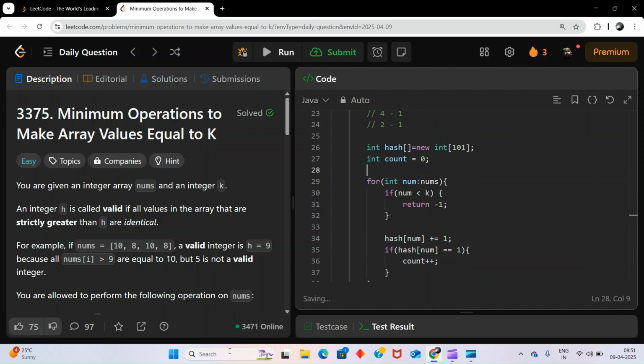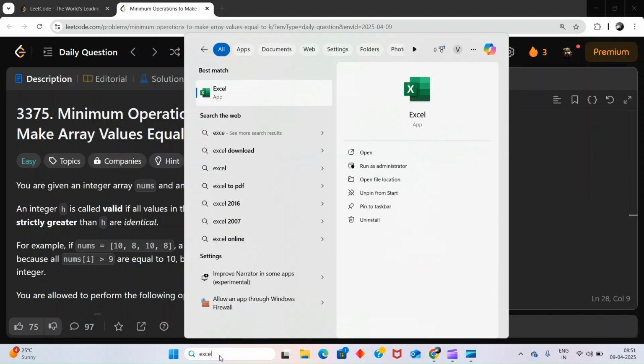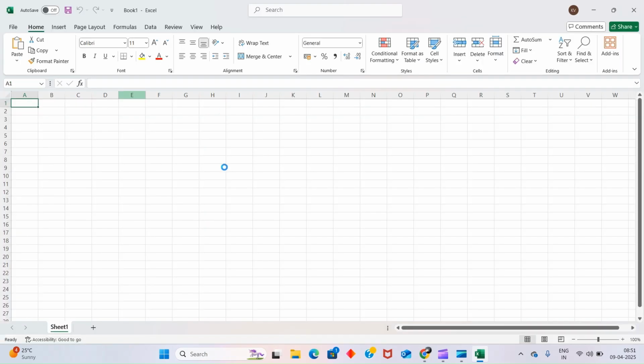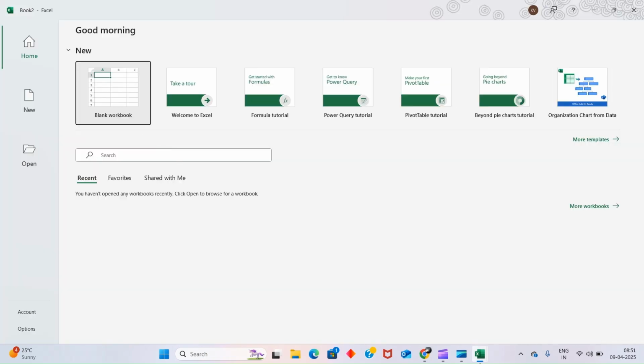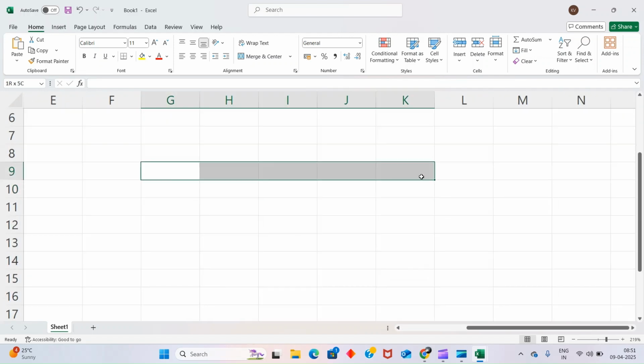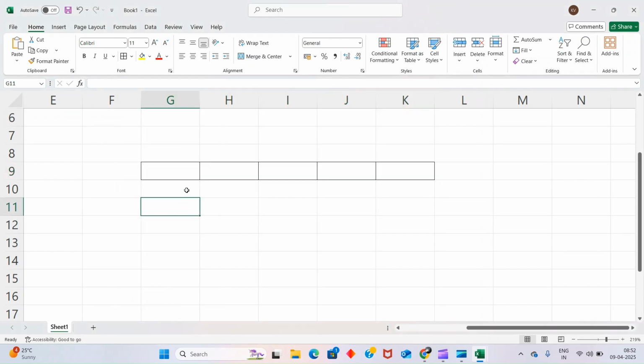So consider, let's say, in Excel, this is the hash array. Now these are the values 0 1 2 3 4.